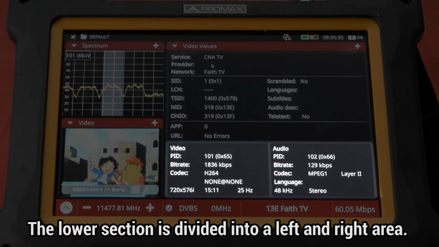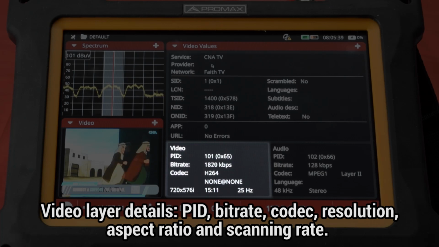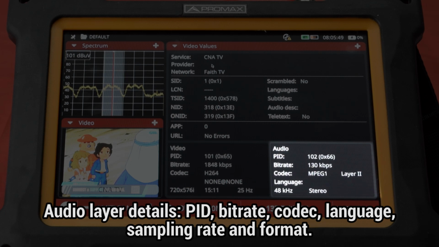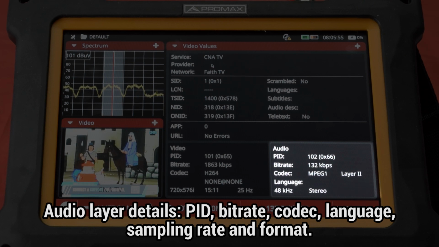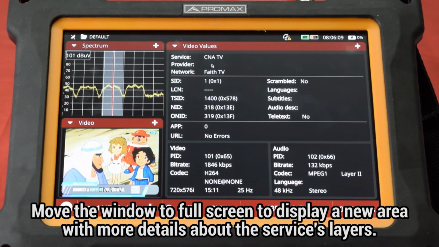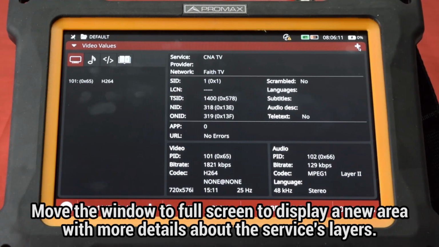The lower section is divided into a left and right area. The left area shows all the details related to the video layer: its PID, bitrate, codec, resolution, aspect ratio, and scanning rate. The right area shows all the details regarding the audio layer: PID, bitrate, codec, language, sampling rate, and format. If we maximize the window, we can see a new area on the left where we can check with